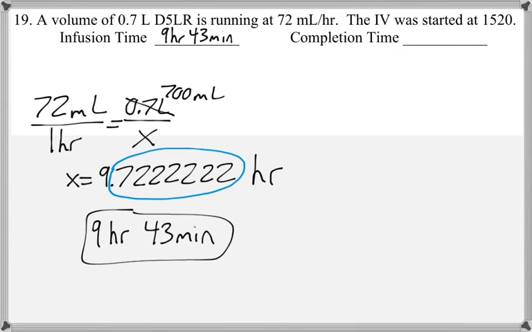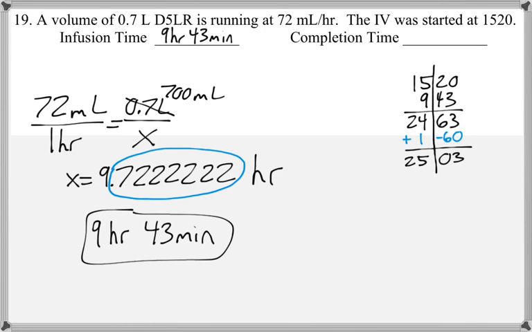Then to find the completion time, we are starting at 1520, and we're adding 943. So the minutes are 63, and the hours are 24. Now we need to account for the minutes, and we need to subtract 60. And whenever you subtract 60, you need to add 1 to the hours column. And that will get us